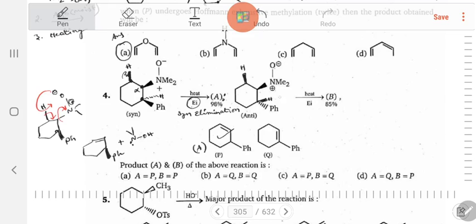Therefore this oxygen tries to abstract this hydrogen, which is more acidic because of the minus I nature of the phenyl system. So you will get a double bond here. So what happened here is, here phenyl is below the plane, hydrogen above the plane, and this is the amine oxide system which is also above the plane. That means syn elimination can occur.